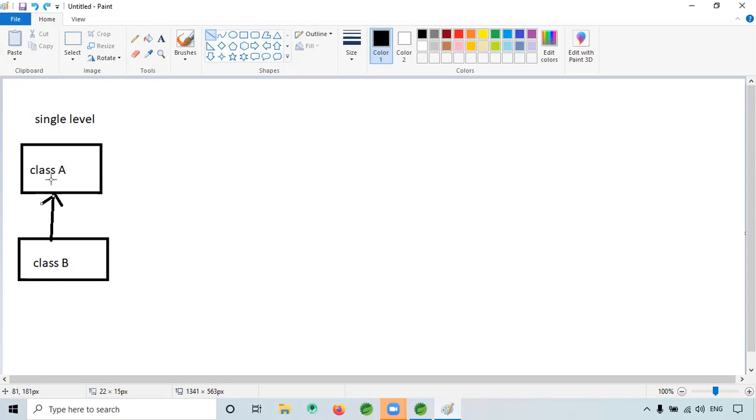So that is the inheritance concept, right? If class B extends A, you are able to access all the properties of class A. So this is single level. Now I have something called multi-level.